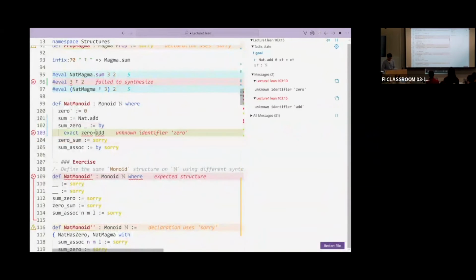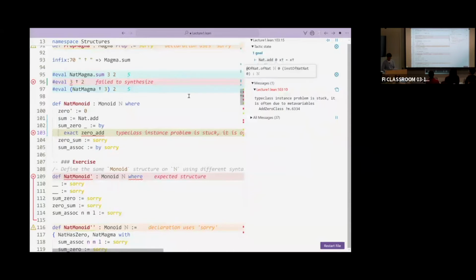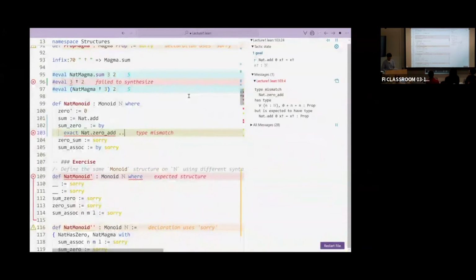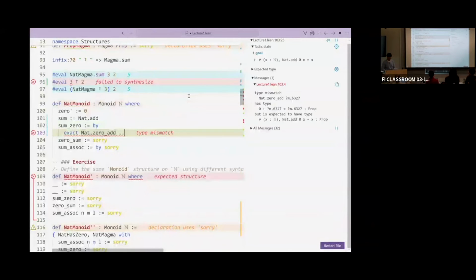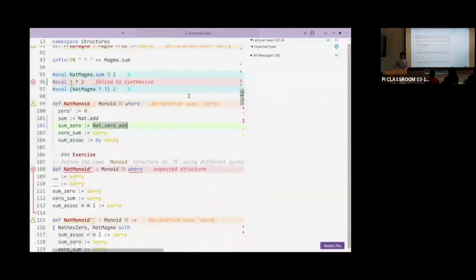Why could exact question mark not close that? Nat.0. Yeah. It's really not. Did you open that? No, but I don't think I need. And then maybe there is, yeah, okay, underscore. Okay. We're not far. Okay, this is it, and then zero sum and the associativity.